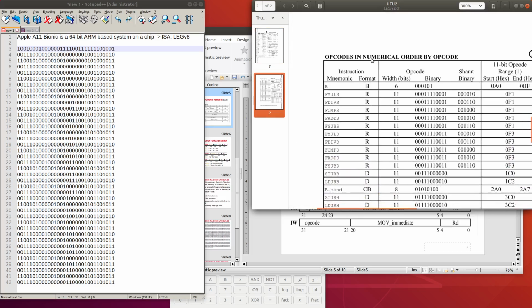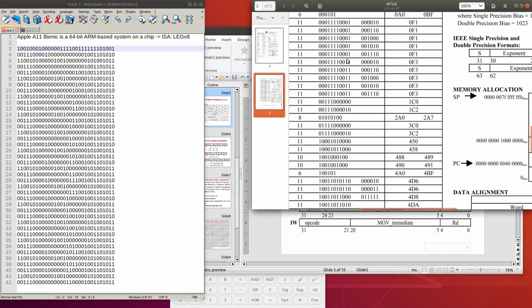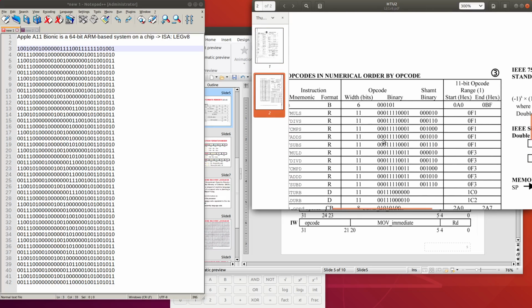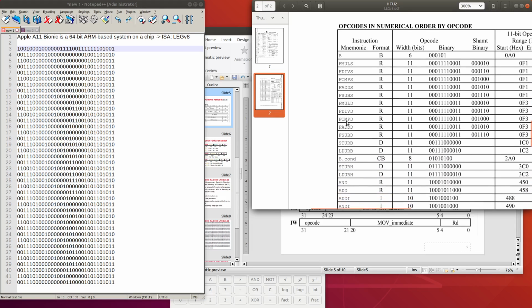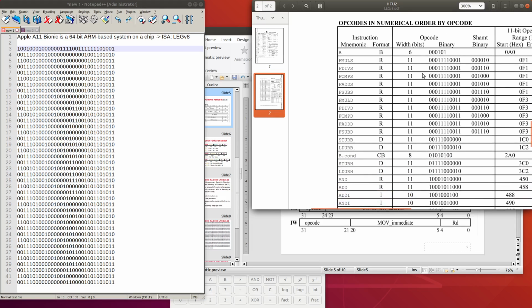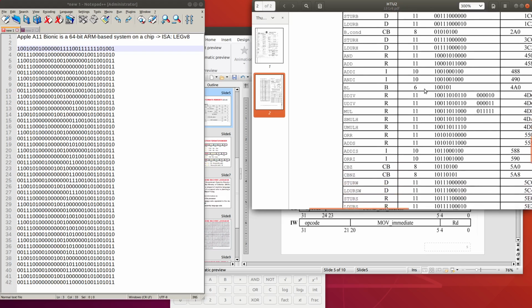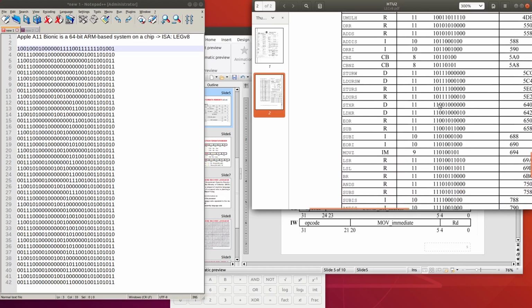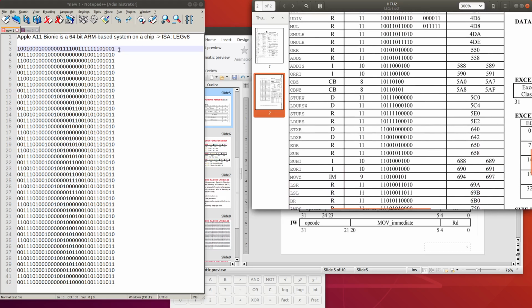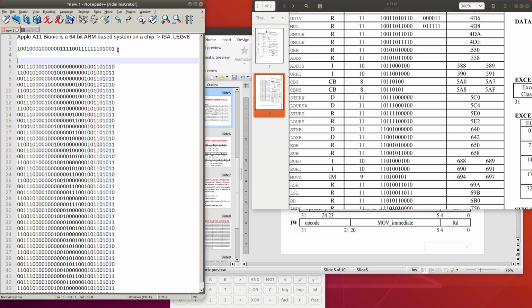Here you can see that we have the opcode for a number of instructions in LEGv8. The opcode should have a size of 6, 8, 11, 10 or 9 bits, and we will try to check the first instruction.